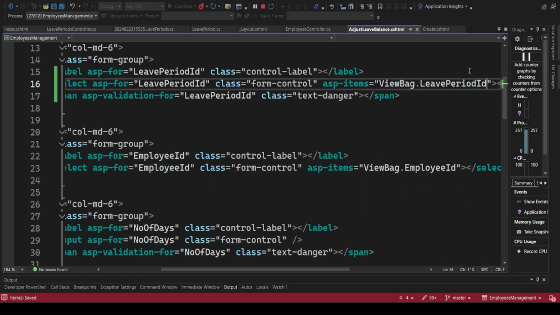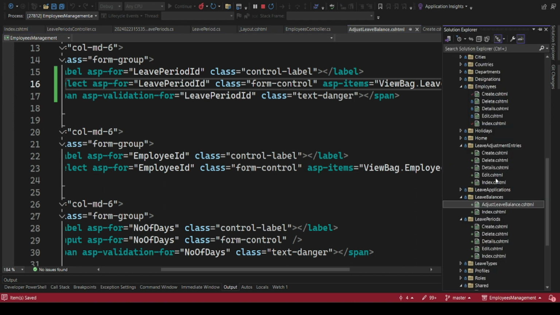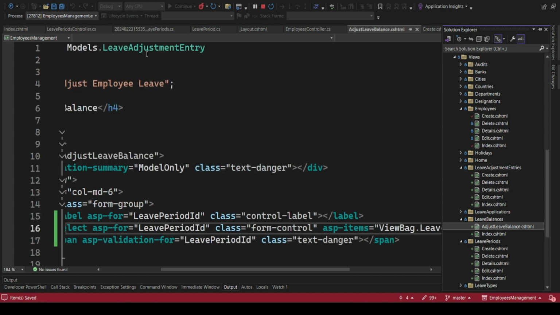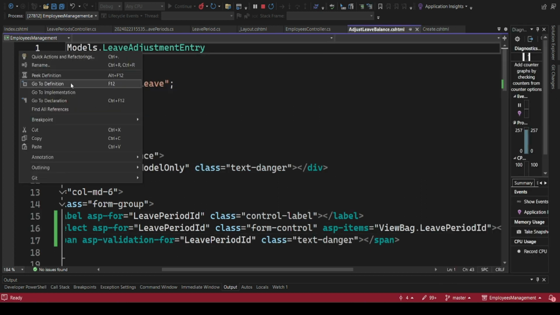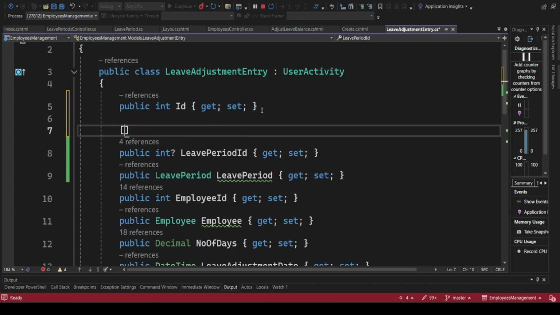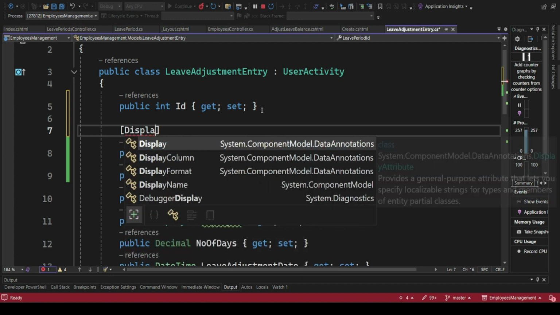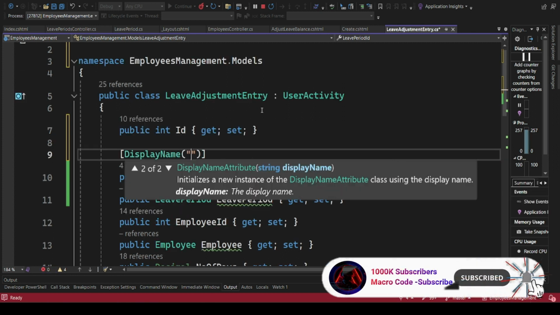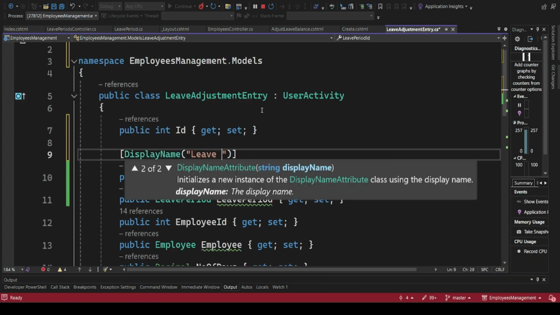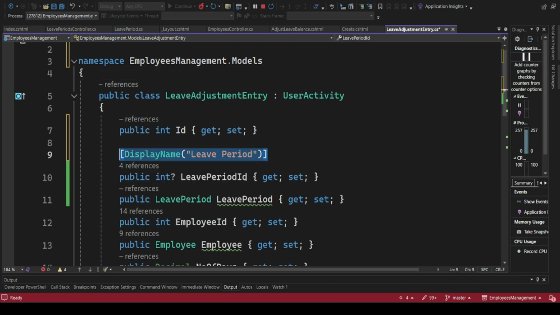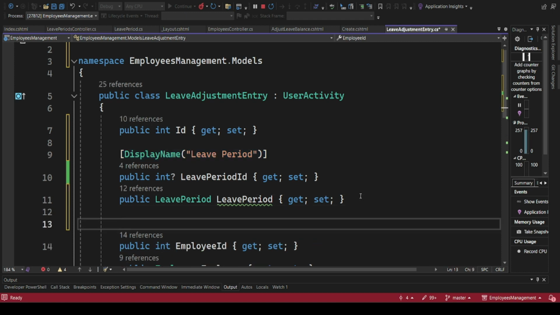So then if we go to our leave adjustment, this leave period ID, that is leave adjustment entry. Let's just go there. We should actually annotate this with something. We can do display, then we say display name, then we can provide the name. So we can say leave period, and you can also do the same for employee. Instead of saying employee ID, you can say employee name,